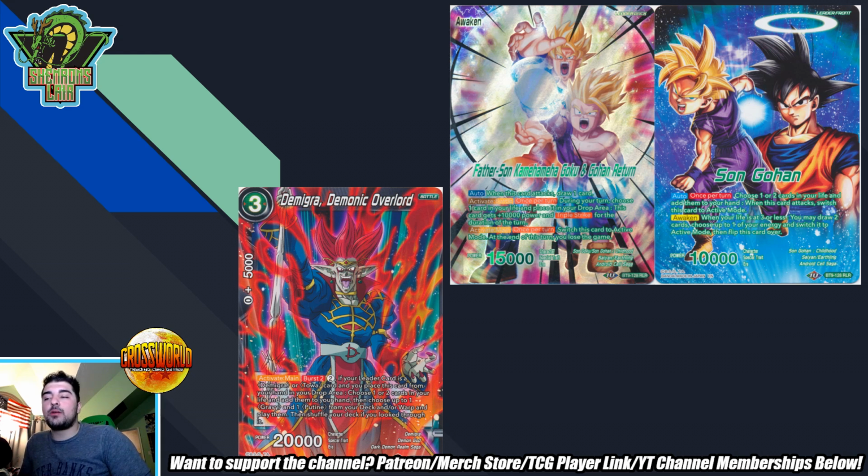Another hyper aggressive deck I want to mention, Demigra, and I think that this is more of a rogue aggro deck, but I actually think it's really well positioned in the format, because Demigra is one of the more pivotal decks that can kind of pivot from aggro to like a bit more of a mid-range game. So if you don't necessarily want to play Gohan, you don't want to play like a one-trick pony kind of thing, you can play Demigra and kind of play a more mid-rangey game with like Vegeta Time Regulator and the